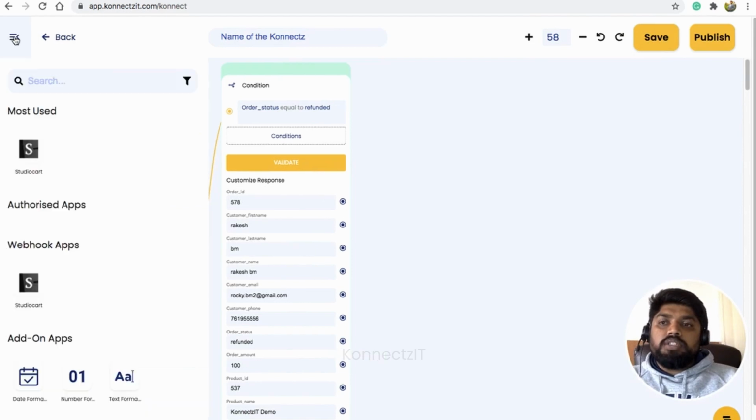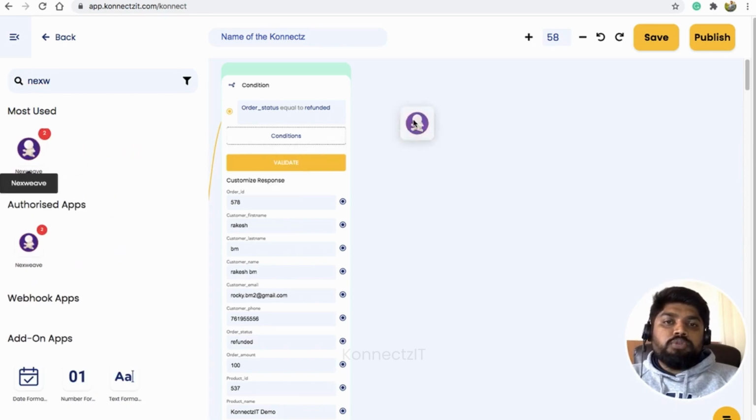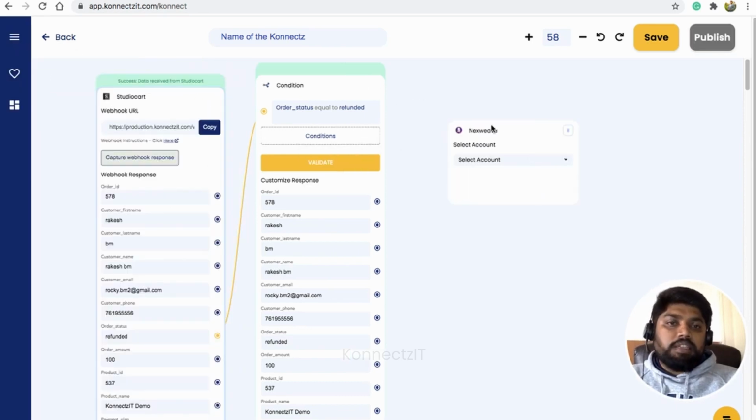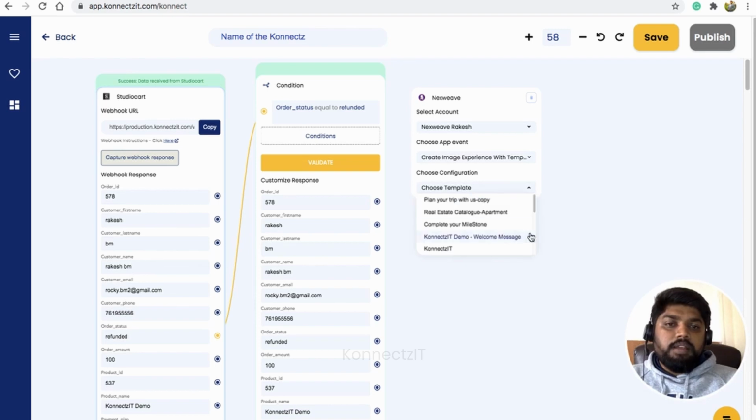Now I will use NextView, which is a personalization tool used for personalizing the records. I'm going to use that as my action and choose the event as create image experience with template, and choose the template. I just created a template called refund demo, so I'll click on that particular template.